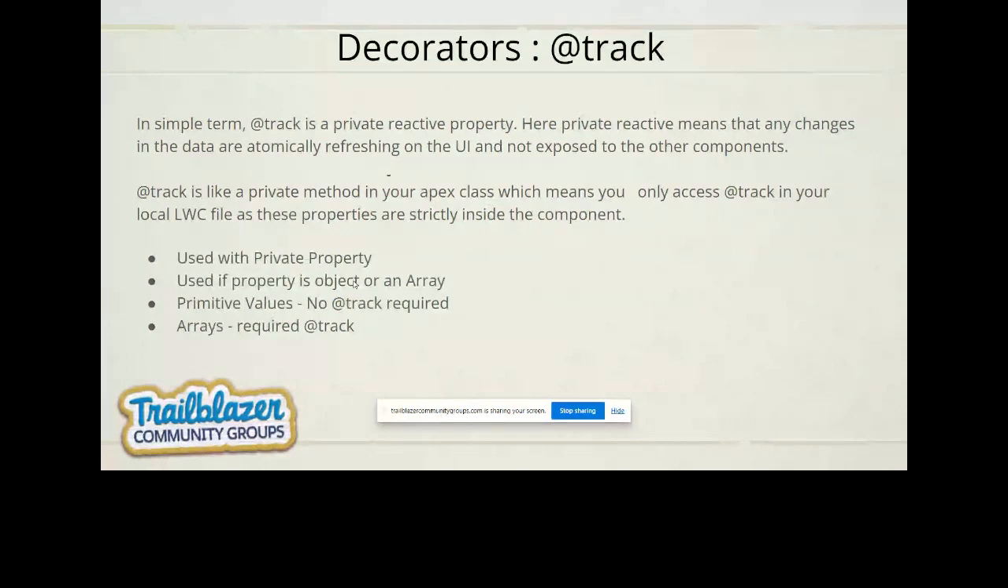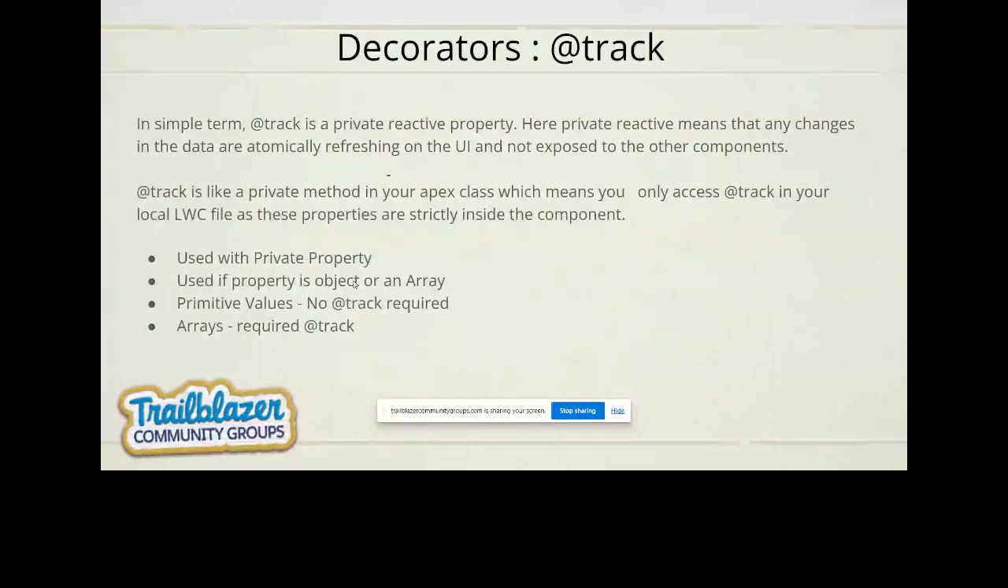I'll also demonstrate how you can store it. In simpler terms, track is a private reactive property. The main thing is that this property can hold information. For example, you can declare anything under this property, but it is private. So what does it mean by private? For example, in VS Code, if you create a new Lightning Web component and you have defined a track property in your JavaScript file,